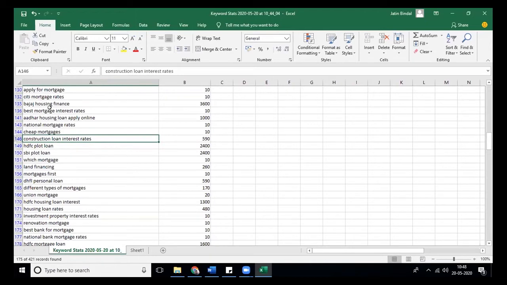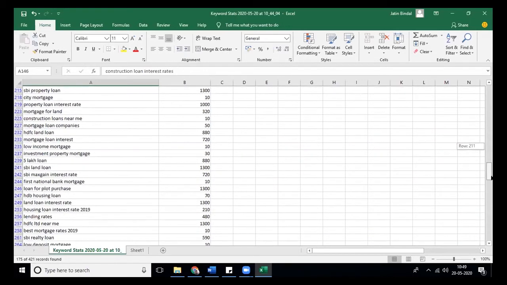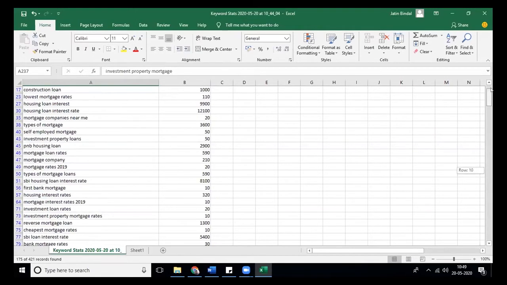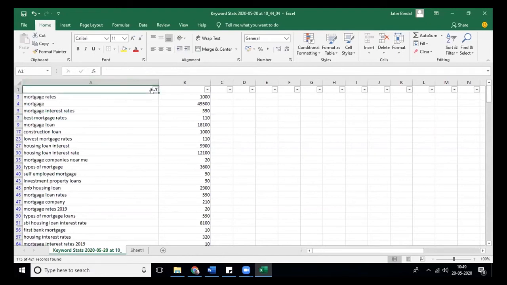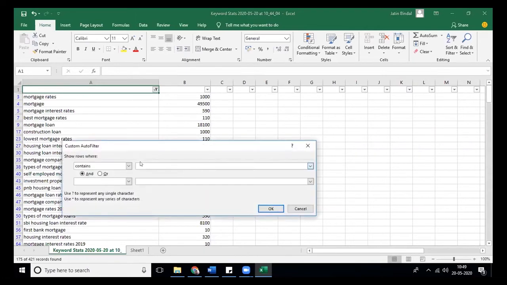You can have a look at it, but again, there may be keywords which you might not have thought of, like housing, construction. So let's find out those keywords as well. Always try to identify loan for plot, loan for property. These are certain keywords which we didn't take into account, but that are necessary. So we'll go again on it, or property.